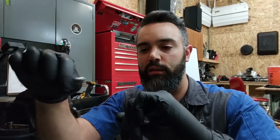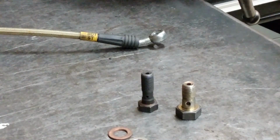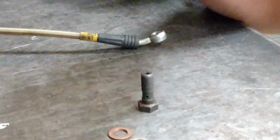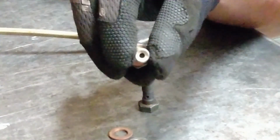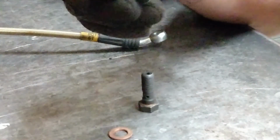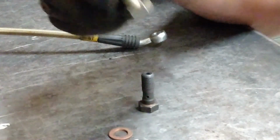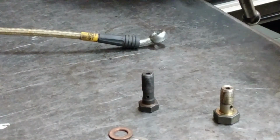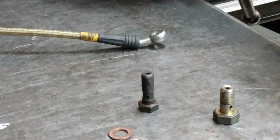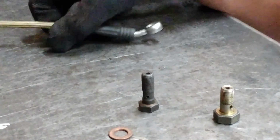Why do we call these banjo bolts? Banjo bolts have a hole on the side and a hole down the center and carry fluid through the bolt into a component. And these usually join between a flexible or hard line and whatever component is being actuated with hydraulic pressure. The name banjo bolt comes from